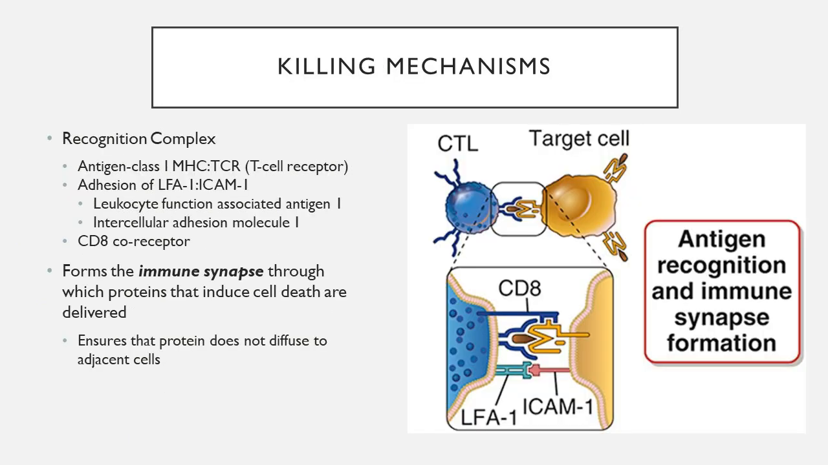Now, the CTL-mediated killing mechanisms involve specific recognition of target cells and delivery of proteins that induce cell death. So first, let's talk about this recognition complex. First and foremost, what's necessary is the class 1 MHC antigen and T cell receptor pairing, right? So this is what gives the T cell its specificity. In addition to that, there's the CD8 co-receptor, which helps stabilize the MHC and the T cell receptor binding. And then lastly, there are adhesion molecules involved in this because the T cells have to get up close to the target cell. So there's a lot of adhesion mechanisms that come into play, but primarily in this recognition complex, it's